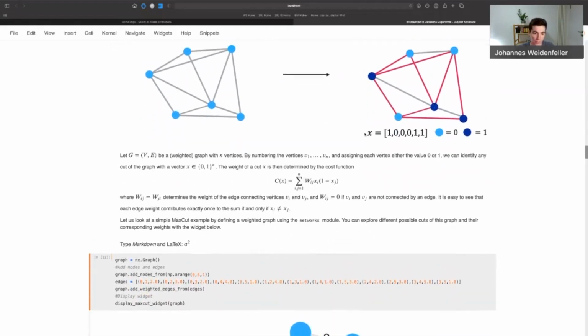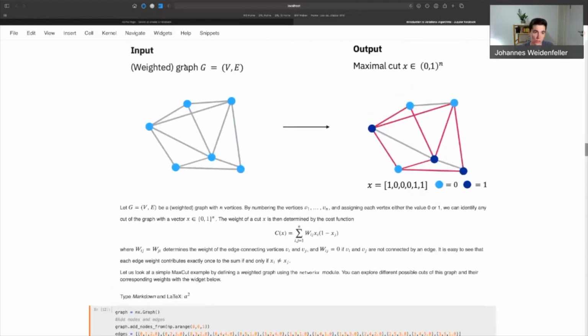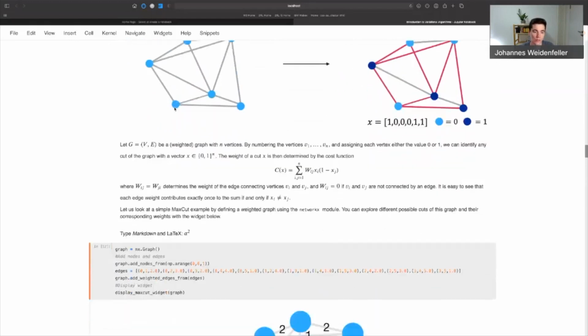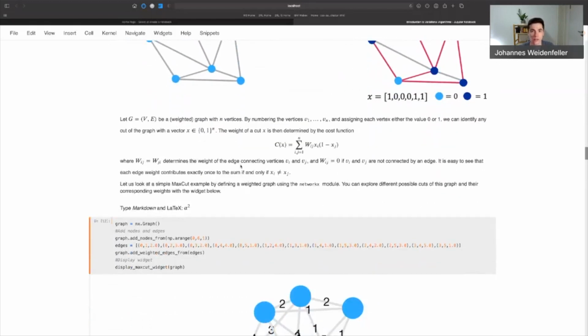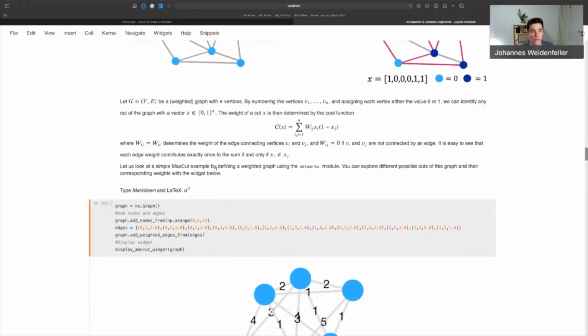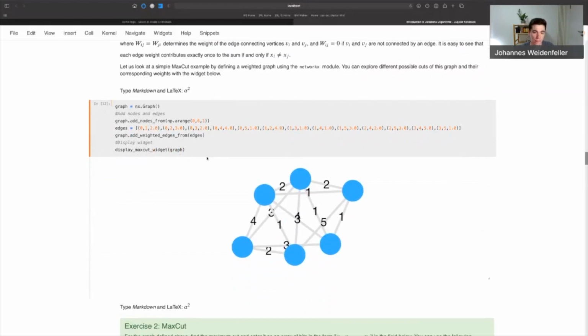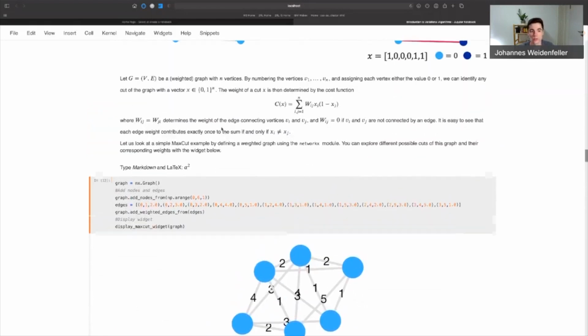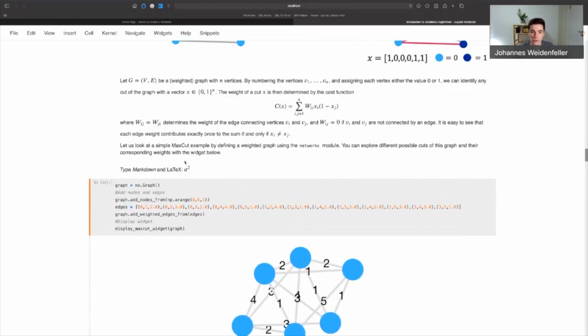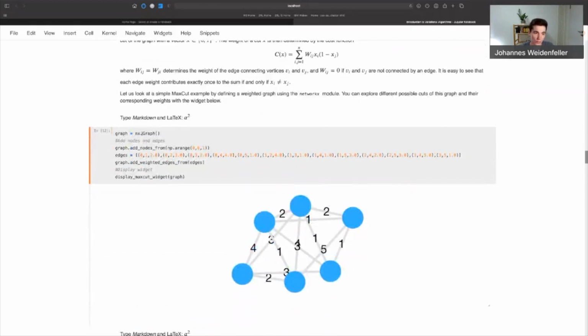And so here's a short recap or summary of the MaxCut problem. You can read through again if you're working through this notebook yourself. But what we're trying to do now is take a look at one specific MaxCut instance and explore this instance a little bit. And to do so, we can use the NetworkX module. We imported this under the name NX here.